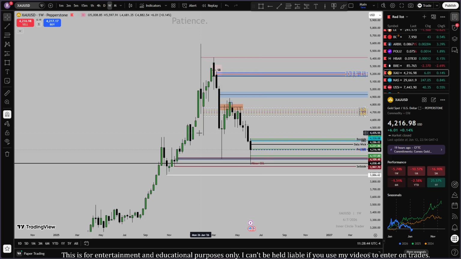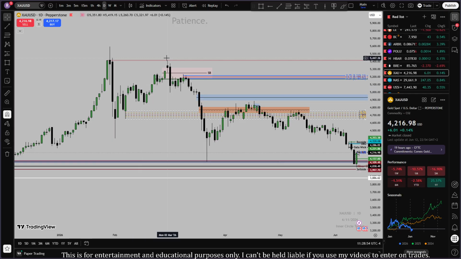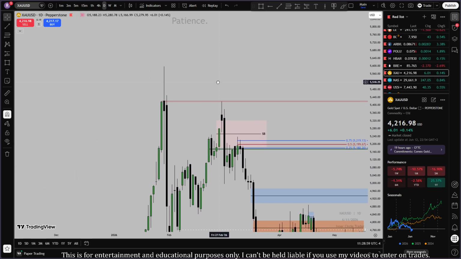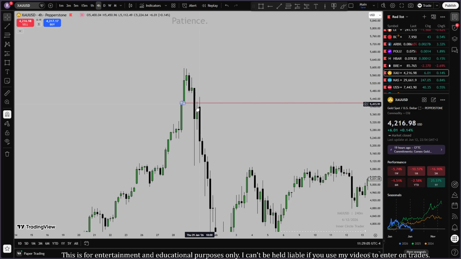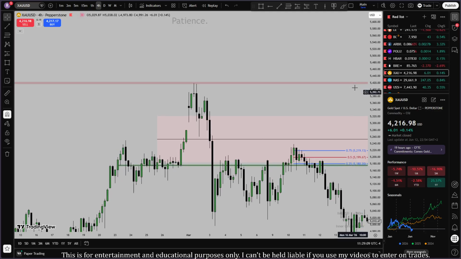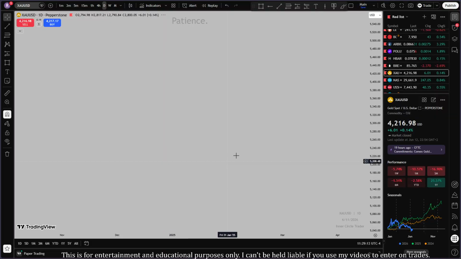We have had this big run up, like you guys remember, on the daily. Then we crash down, come back up, and tap a volume imbalance, I think that's a 4 hourly volume imbalance, if I'm not mistaken, guys. There. And that was the top that we tapped. And then with us going into that,